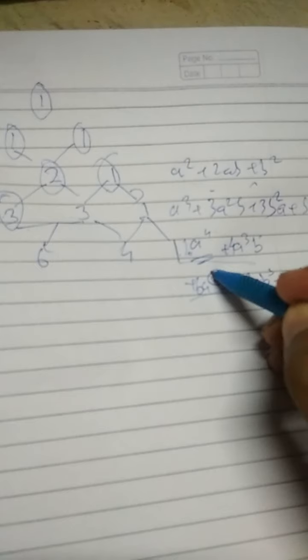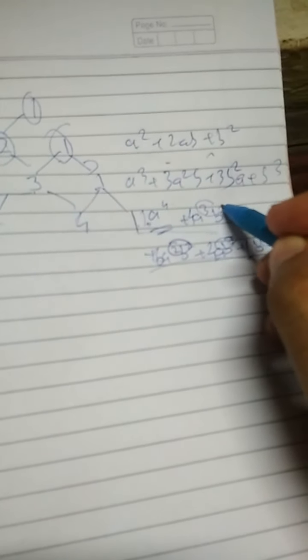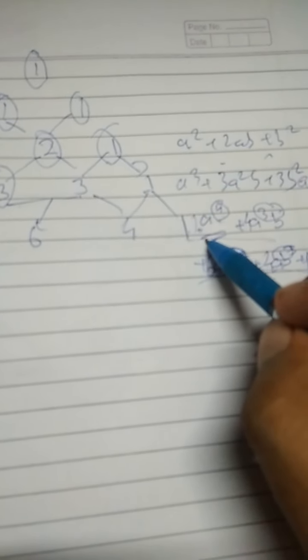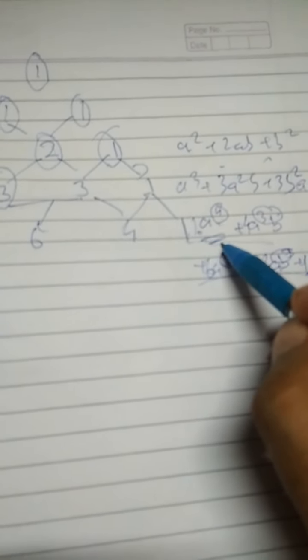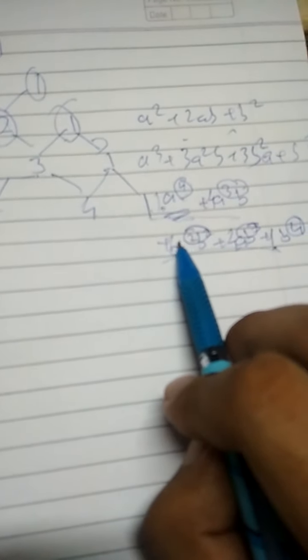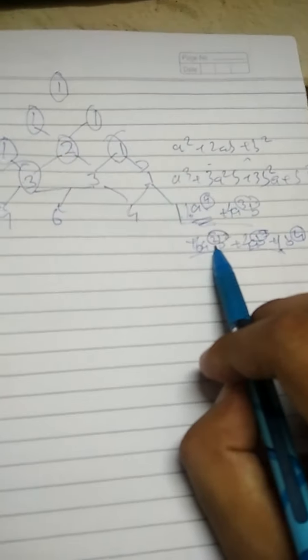And also see the sum of these powers. The sum of powers of b and a is 4. Over here also it is 4. Over here also it is 4. And over here also it is 4. That is one more thing that you can observe. So over here we learned how we can get a plus b to the power 4. We use this Pascal's triangle, and we keep on decreasing the power of a by 1 and increasing the power of b by 1, and then we get this a plus b to the power 4.